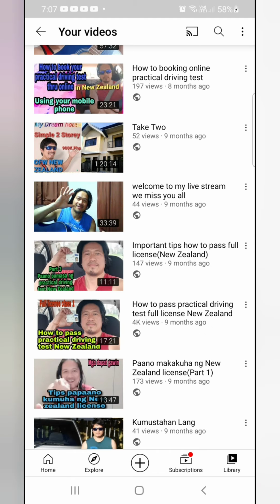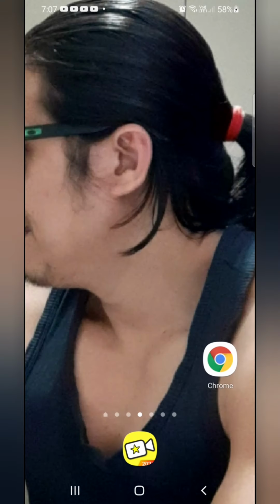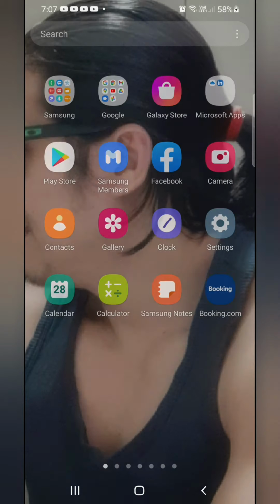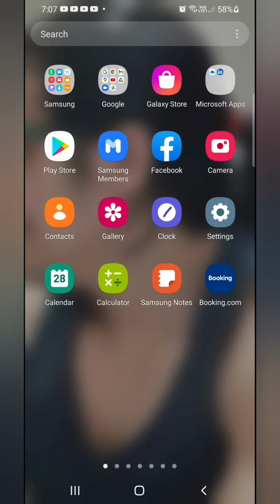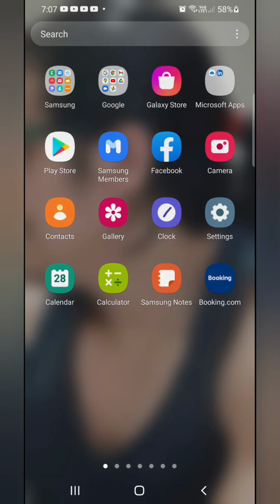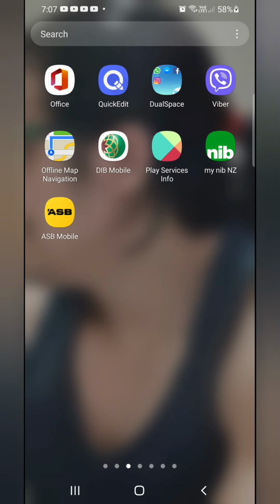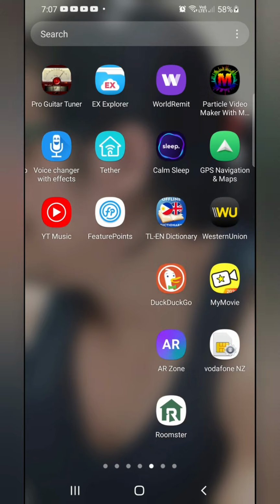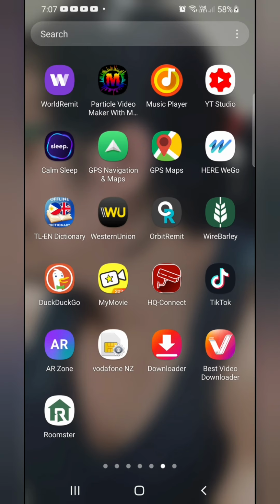So what I'm gonna do is maximize the screen. Okay guys, we maximized. The next step is let's find out where my TikTok account is. Okay, here it is. Here is my TikTok, as you can see, this TikTok icon.